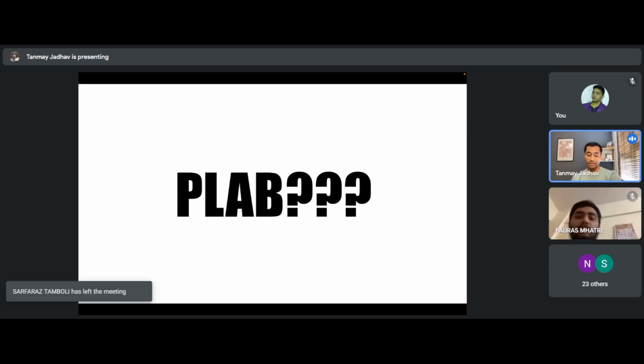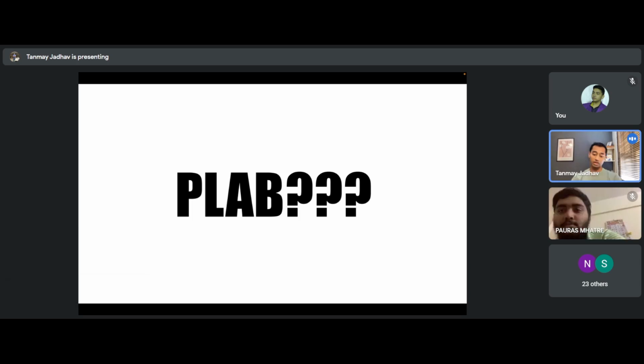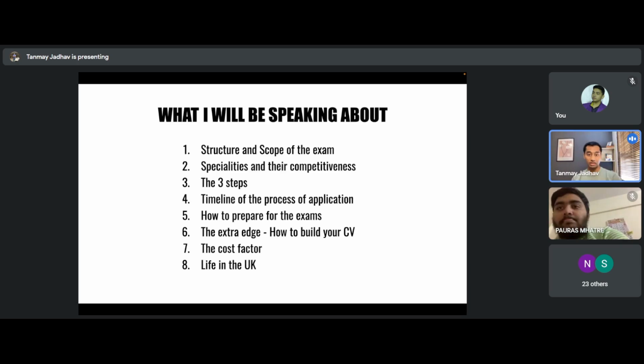Most people have the understanding that PLAB is essentially the equivalent of USMLE for the UK, and it's quite true actually. But there's quite a few differences between the two, and between NEET and all the other pathways which relate to the UK. So this is what I'm going to be speaking on: the structure and scope of the exam,